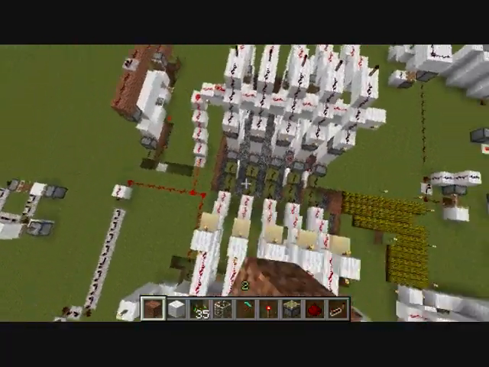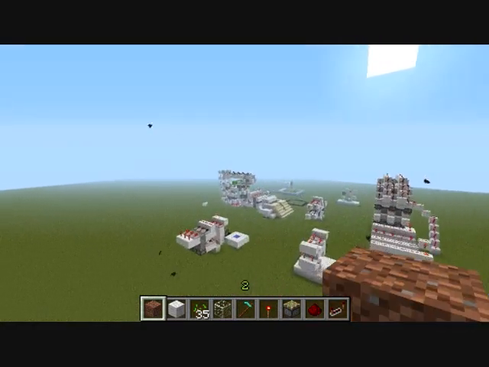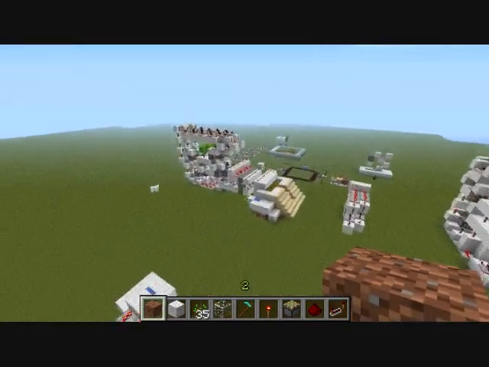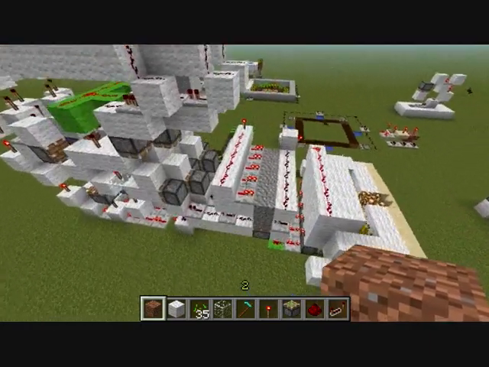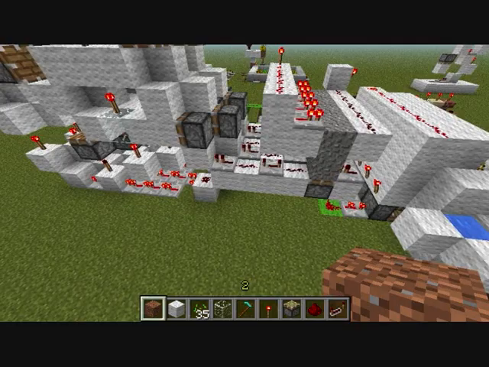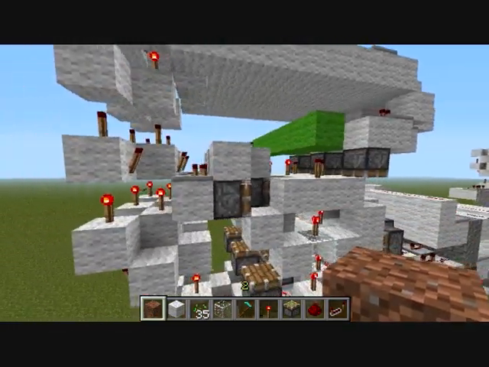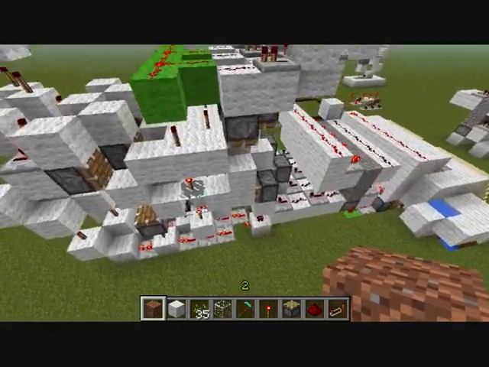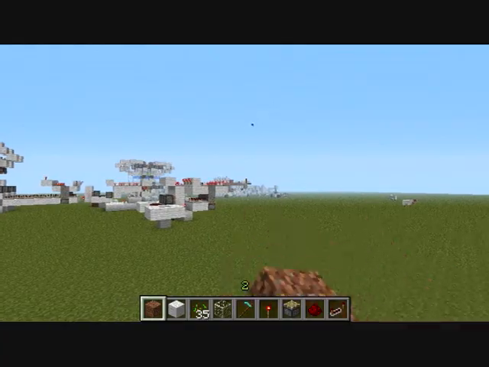Obviously you can see that we have saved a considerable amount of space in this design. It has the exact same amount of wheat and has a higher and more reliable harvesting method. Now, it's a lot more compact, utilizing the original piston tape design that I used in the first one, which is all the way over there,